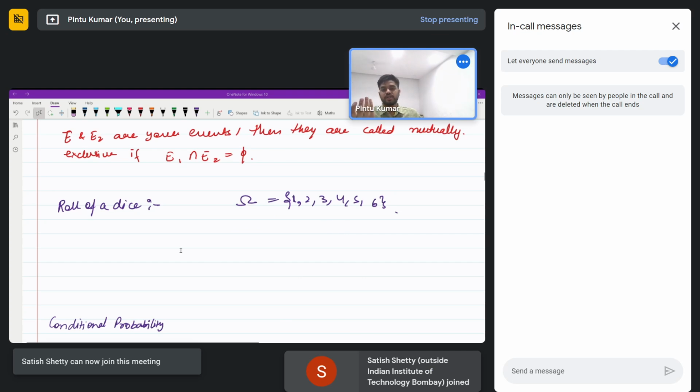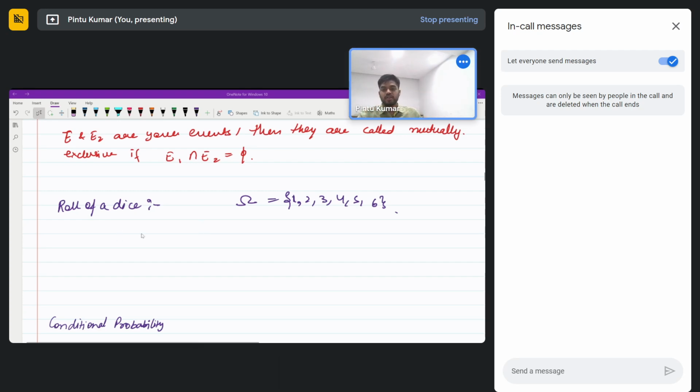Okay. So let's say the die was fair and the chances of every element on the die occurring are the same. Then my probability of 1 would be the same as probability of 2, the same as probability of 3, and so on, which would be 1 by 6. Okay. So now based on this rule that I have defined, I can extend this to the probability of any event